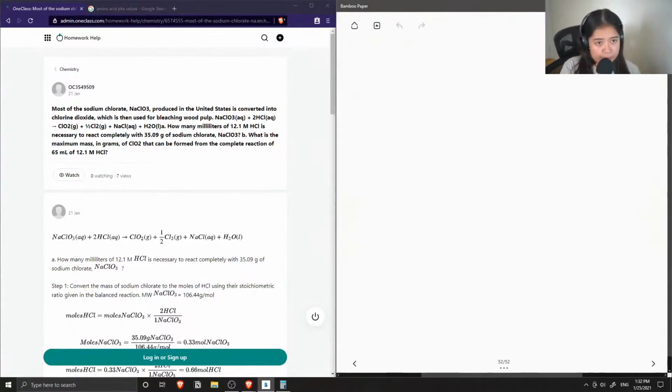Okay, so before we try to answer these questions, we first need to write down the balanced chemical equation, which thankfully was already written out for us. It's 1 mole of sodium chlorate plus 2 moles of hydrochloric acid produces 1 mole of chlorine dioxide